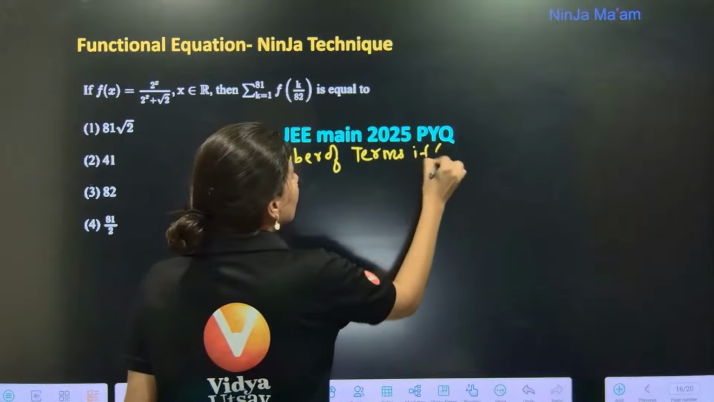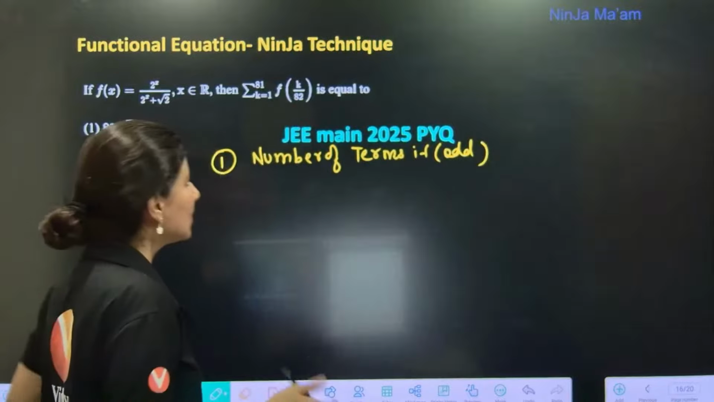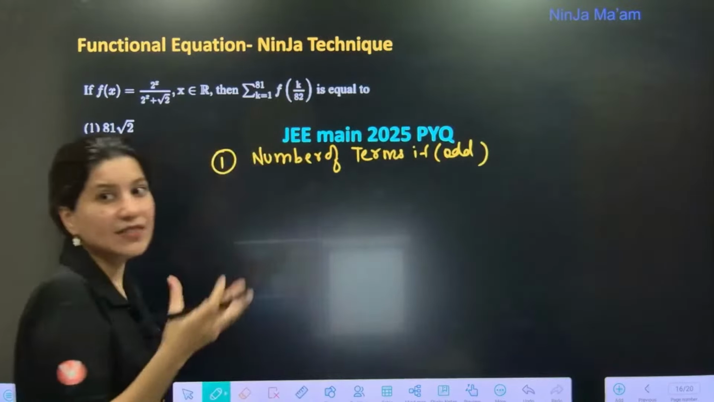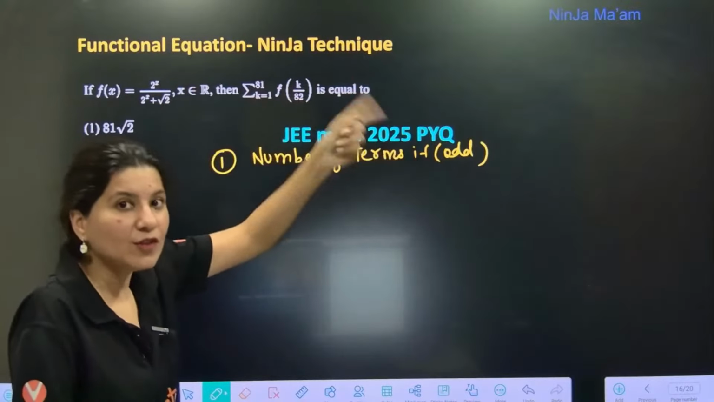If odd terms are there, right now, can you see 1 to 81 odd terms? All you have to do is make it even. How will you make it even? Tell me. So, ma'am, 81 odd terms are there. So, if you remove that one